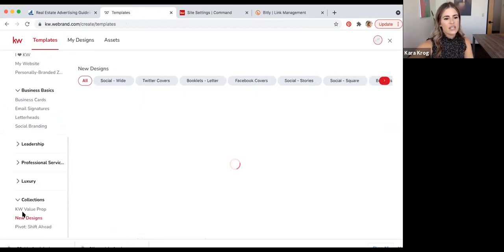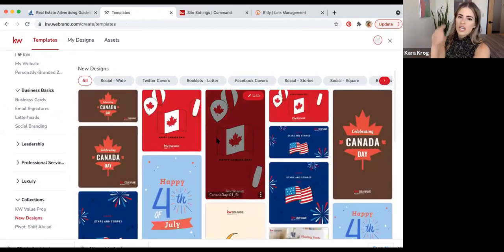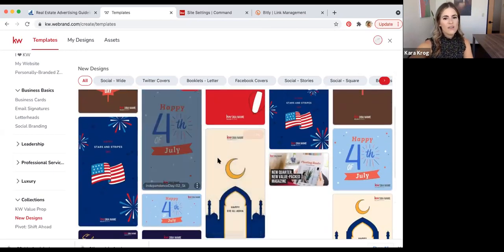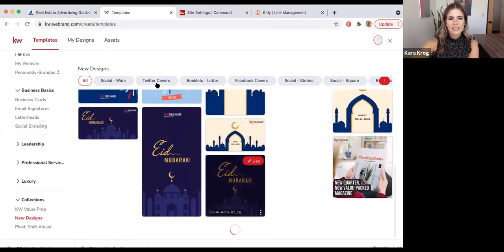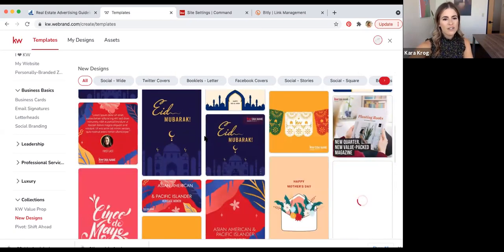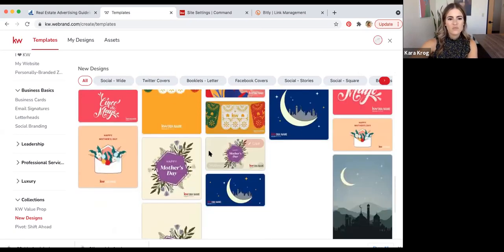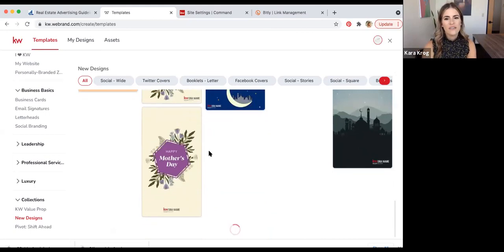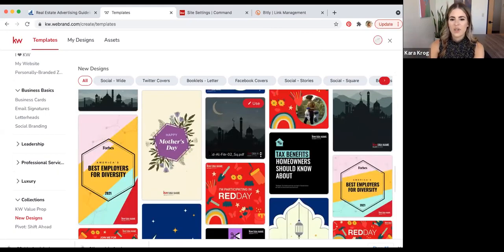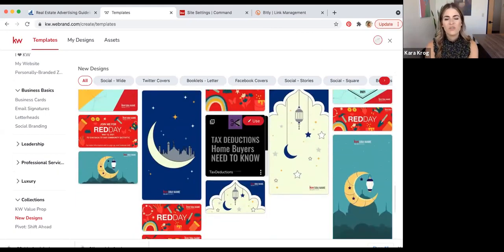So it's under collection and then new designs. So check out new designs all the time, see what comes up. We've got holiday graphics, Twitter covers, Facebook covers, social media stories, all kinds of new stuff get added to here all the time.